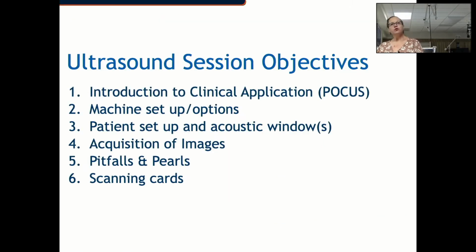At EVMS, we're not really going to focus on a FAST by itself. We're going to expand that to include lungs. That's an eFAST. So today we're going to talk about that clinical application, the machine setup, the patient setup, your